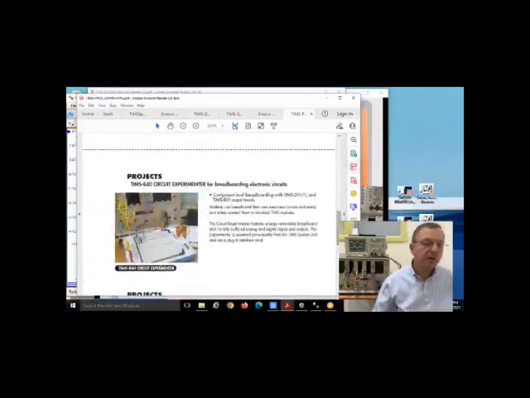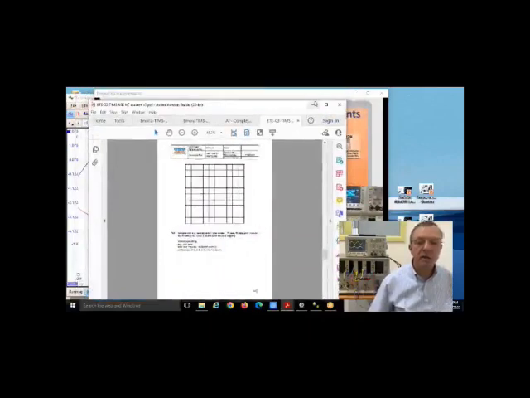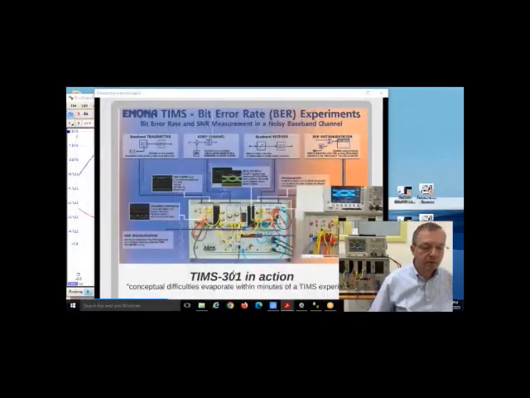Next, just quickly, there is a large breadboard which has an inbuilt power supply and buffered inputs and outputs, so students can actually wire together circuits on the breadboard and interface them with the rest of the TIMS modules. So that covers the projects side of our experiments. So next, I'll just quickly move to